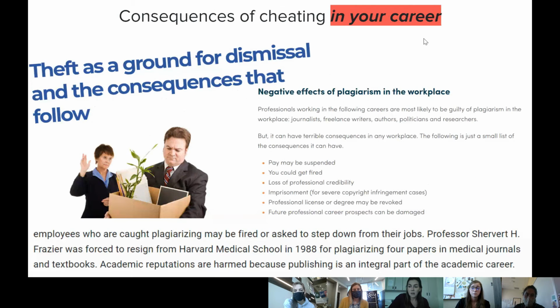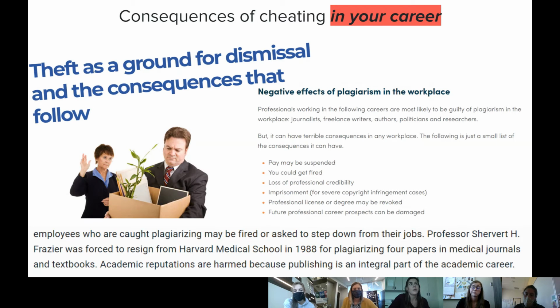So then, later on in life, you're going to get a job, right? In your career, cheating is a form of theft, right? You are stealing knowledge from someone else and claiming it to be your own. Theft is a ground for dismissal. You will get fired if you're caught cheating, and it really doesn't matter if it's just one sentence or if you're copying the whole essay. It's just like that in real life. If you're stealing $1 or if you're stealing $1,000, your boss will not want to hire someone who has issues